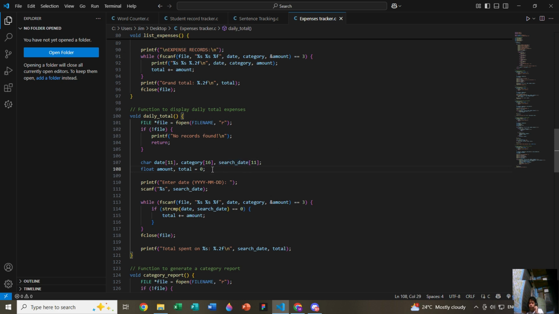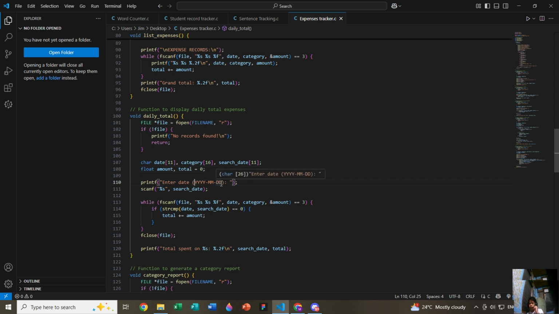Then the float amount is equal to 0 as the standard. Now for category 16, this basically stores the 15 characters, right? Plus 1. This was originally 15, but it was plus 1 for the null terminator of \0 for the storing of data.